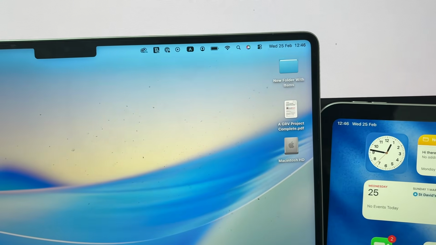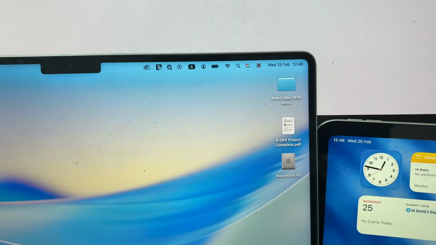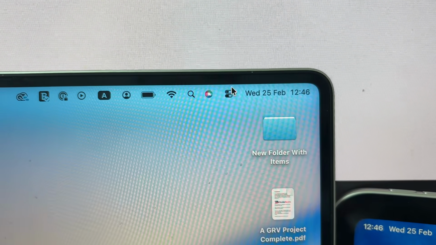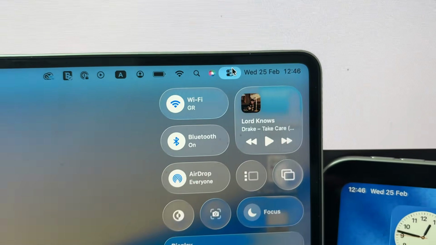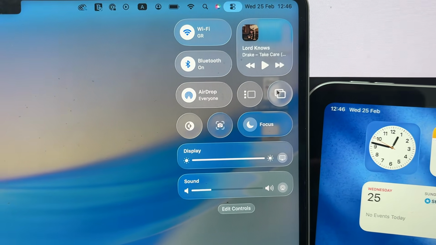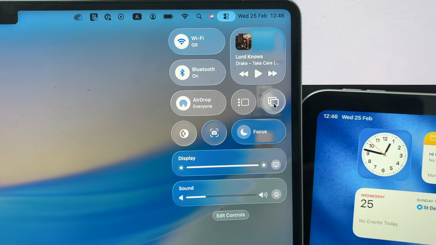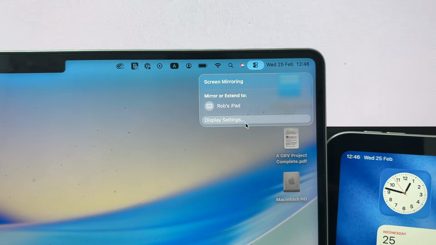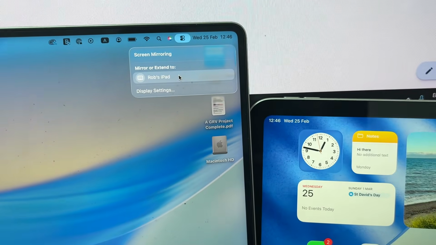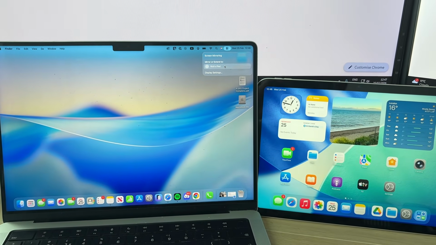And you want to go to the top right of the Mac and find this icon here. Just like this, it's got some lines and symbols on it. Click on it and it will open up the control center. And you want to then find this option here. It looks like displays, and you want to click on it. You can see here, we're getting the option for mirror or extend to Rob's iPad, aka this iPad here. So what we're going to do is click on it